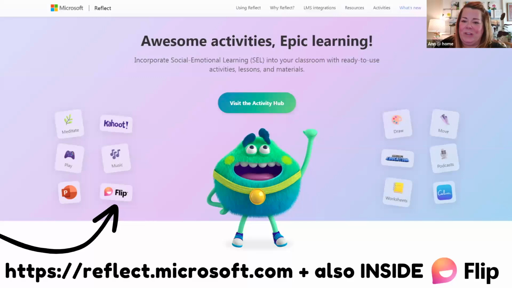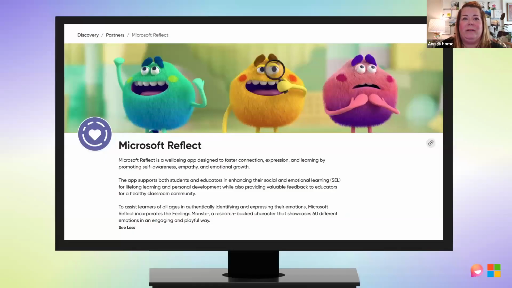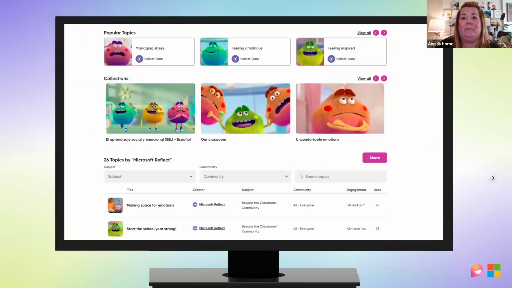So another resource I want to share only really quickly, because if you have ever heard of reflect.microsoft.com or the Feelings Monster, this is also available inside of Flip, but it's another Microsoft resource called Reflect. And it's all about designing connection, expression, self-awareness, empathy, emotional growth opportunities through conversation.